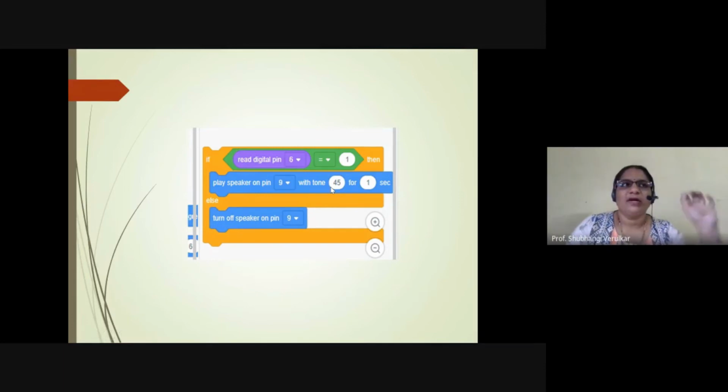Different frequencies will produce different sounds, and you can design that circuit also. Okay, and then turn off your speaker. Clear? Just have a look at this block again. Later on, I am going to ask you people. You people have to unmute and tell me the answer. Correct? Have a look once again at this slide, and then we will proceed to do the designing.